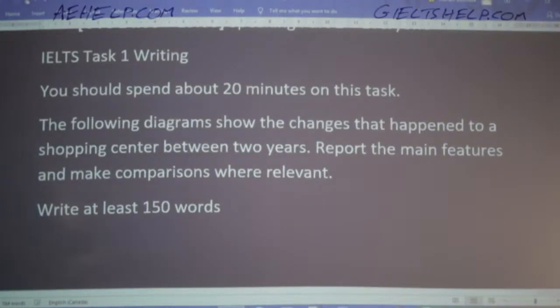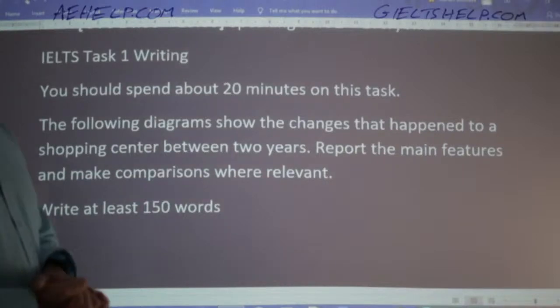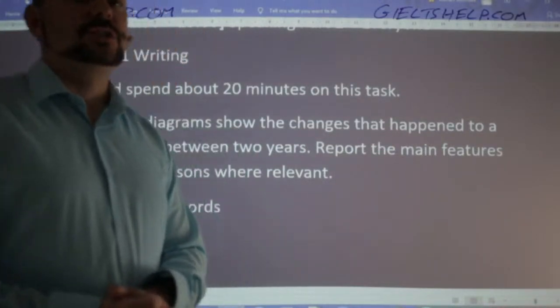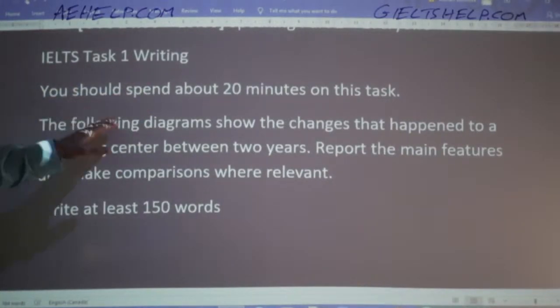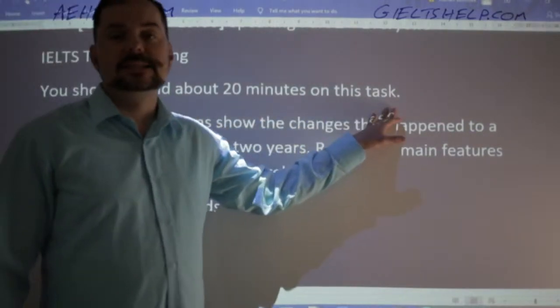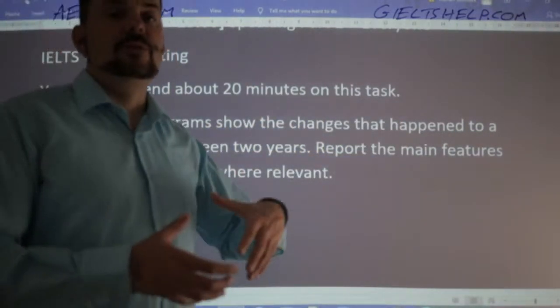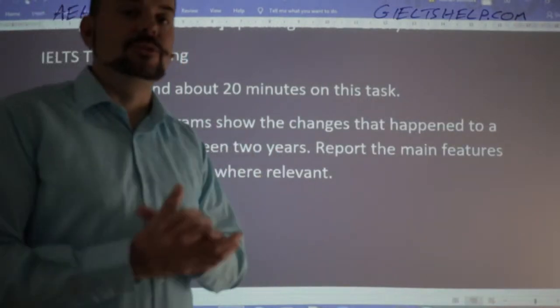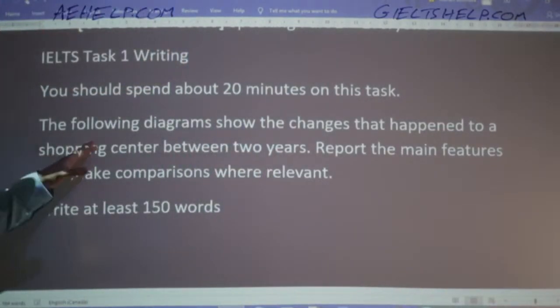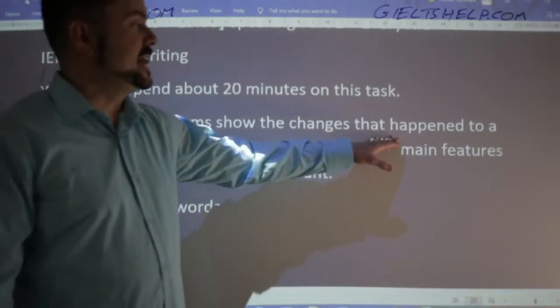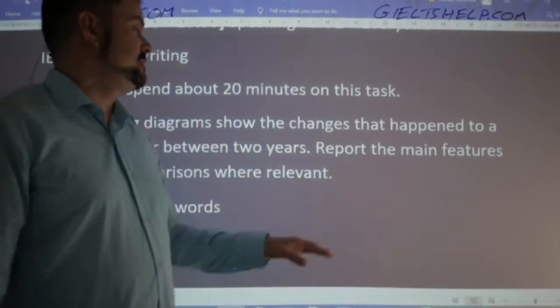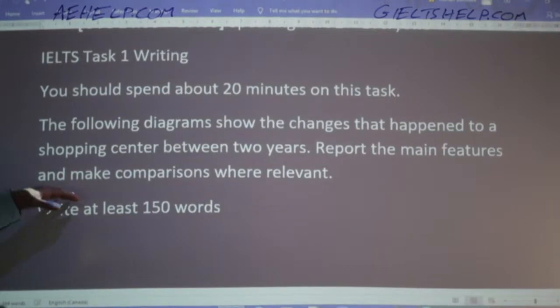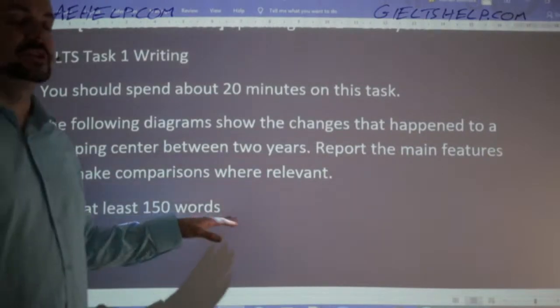Let's take a look at this Task 1 question right now. So here we go. This is the Task 1 question. I think this is a former IELTS question. IELTS Task 1 writing. You should spend about 20 minutes on this task. So it's 1/3 of your writing section time. It's 1/3 of your mark. The following diagrams show the changes that happened to a shopping center between 2 years. Report the main features and make comparisons where relevant. Write at least 150 words. So that's minimum